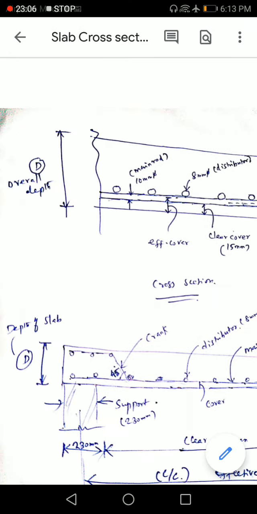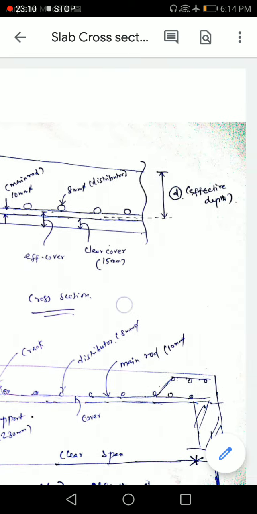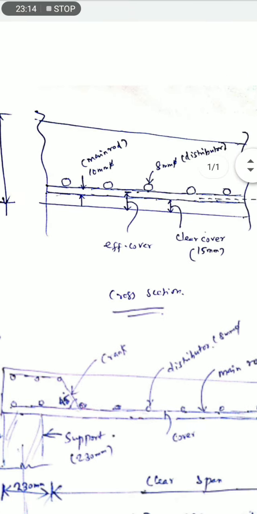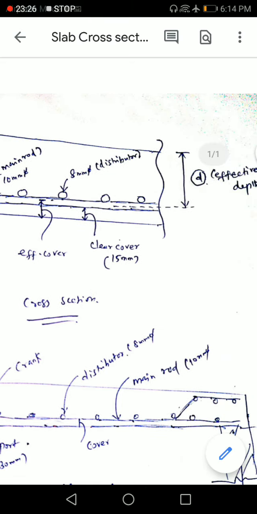Capital D is denoted as the overall depth, and small d is denoted as the effective depth. Okay, the bottom reinforcement is the main reinforcement. The rounded bar is the distribution bar, which is over the main reinforcement. Okay, the effective depth means the distance between the top of the slab to the center of the main reinforcement